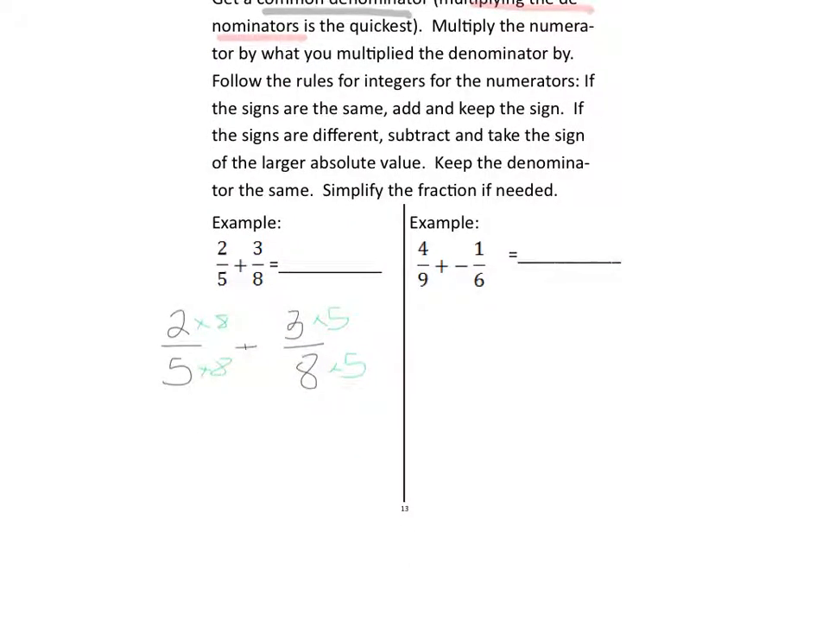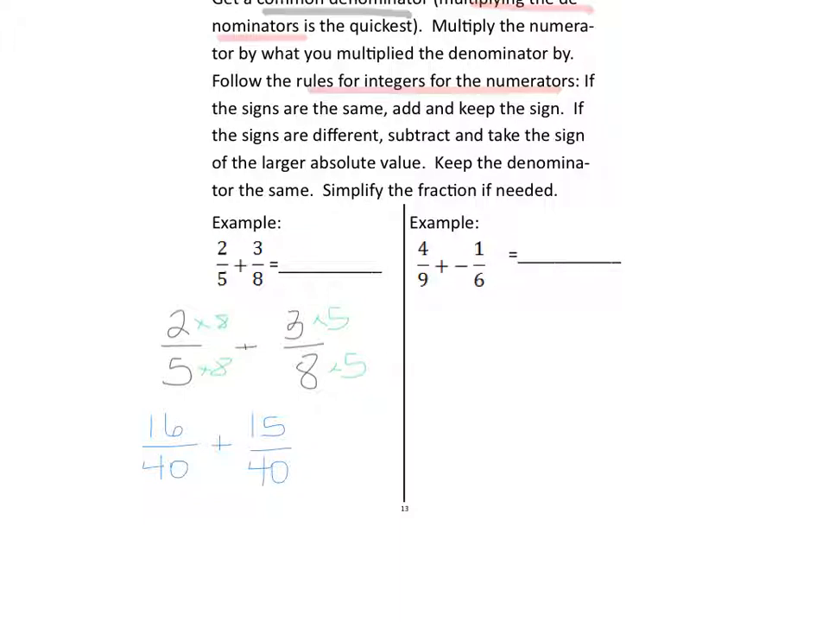2 times 8 is 16, and 5 times 8 is 40. 3 times 5 is 15, and 8 times 5 is 40. Now that we have common denominators, let's follow the rules of the integers. But remember, again, the rules for the integers are only for the numerators. Denominator stays the same. So in this case, we have the same signs. So therefore, the signs are the same. We're going to add